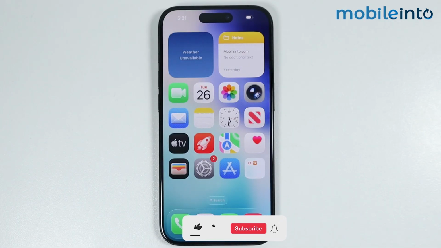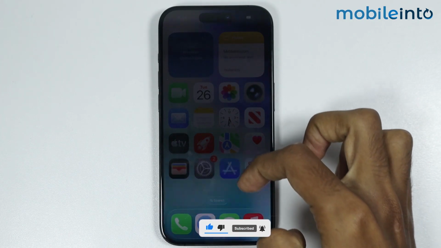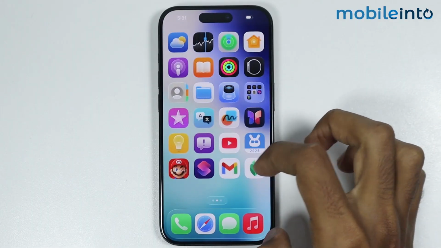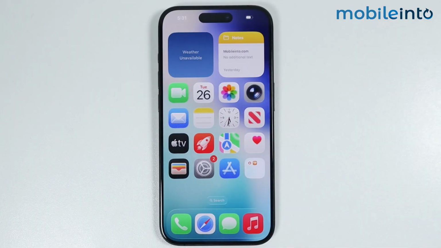Now if this also did not fix your issue, then you might have a hardware problem with the speakers on your iPhone. Just take your iPhone to the nearest service center and they will fix your issue. And this is how you can fix video sound not working